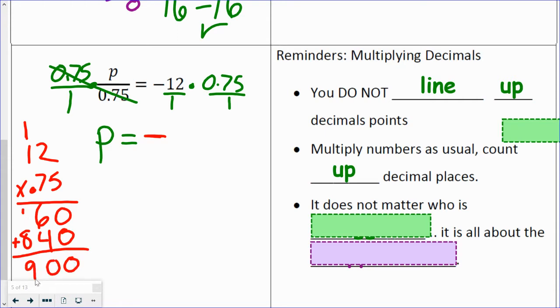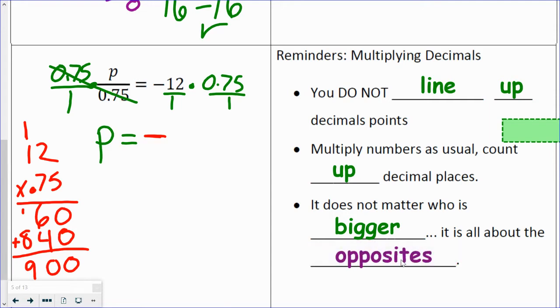All right, now is my answer going to be 900? Well, what's our last step tell us we need to do? It does not matter who is bigger. So it doesn't really matter which number we put on top. I could have put my 75 cents on top and my 12 on bottom. It's all about the opposite. Okay, so that's how we know if we get